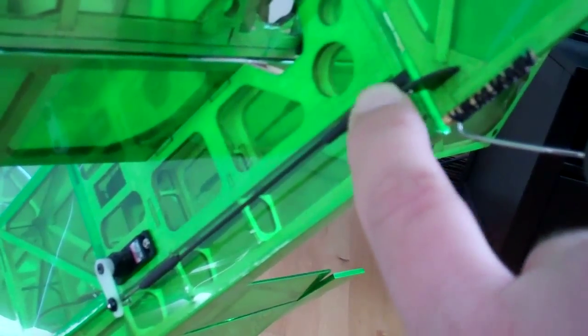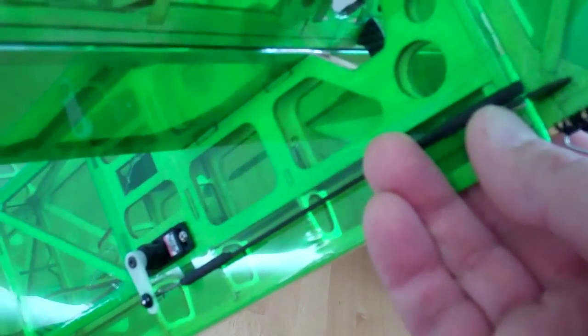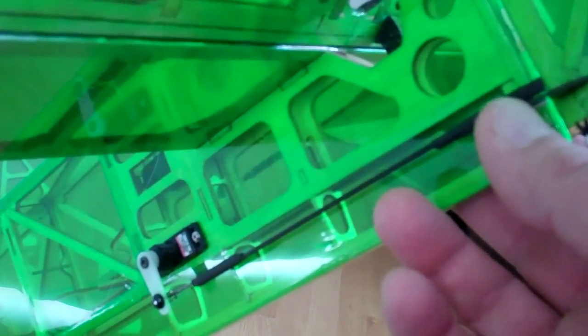tubing. And you can get heat shrink like at Radio Shack or the hobby store. Get some heat shrink tubing that will slide over this whole thing, and about 1/8 of an inch in, when I slide it over, I puncture the hole with the metal and push it through. And then when I heat shrink it down,